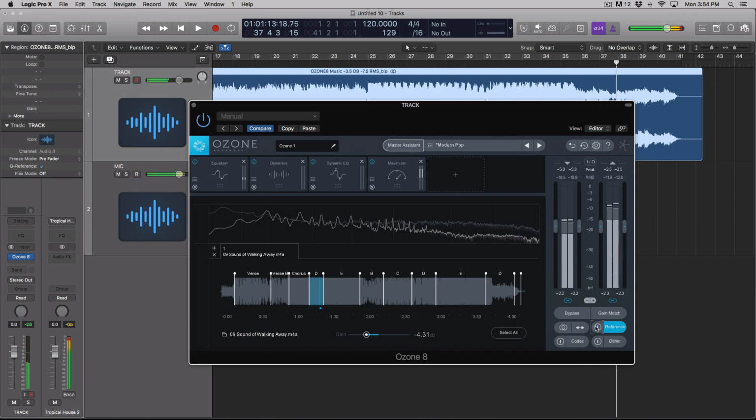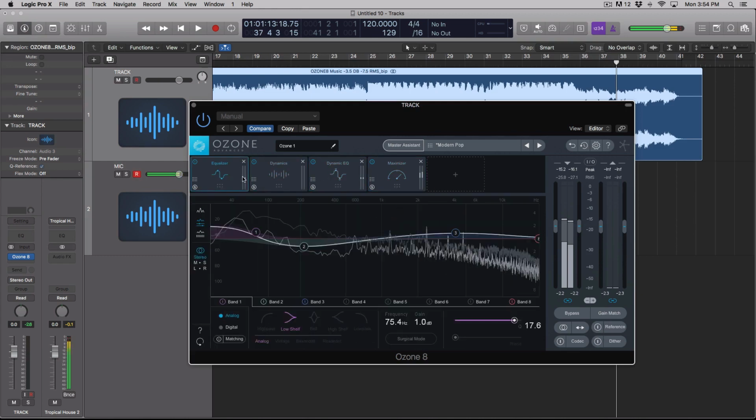All right, so you get the idea. It's not a perfect process. So in the next video, we're going to start to master this thing from scratch. And as we're doing this, we're obviously going to learn all about the various modules. So just know that the Master Assistant and the reference tool are great tools, but you still probably should try to get under the hood,